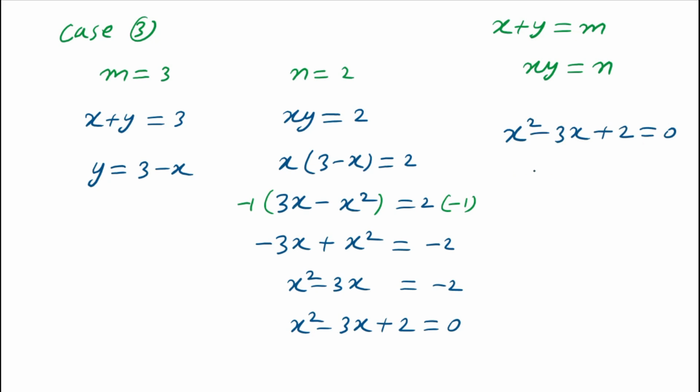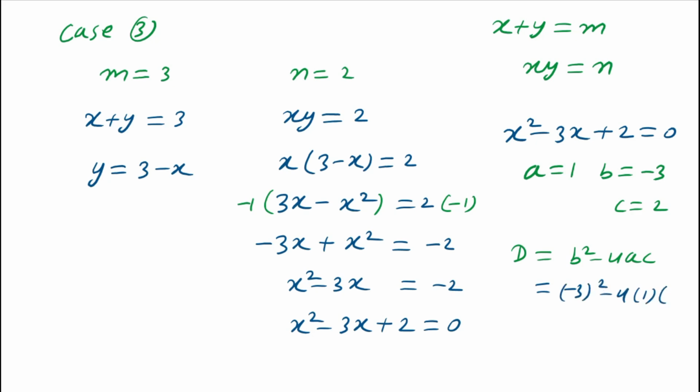Here we have again a quadratic equation, x square minus 3x plus 2, and this is equals to 0. Now first we will check discriminant of this quadratic, because here we will talk about only real solutions. Value of a is equals to 1, value of b is equals to minus 3, and value of c is equals to 2. Discriminant of this quadratic is b square minus 4ac, so minus 3 square minus 4 times 1 times 2. Then minus 3 square is 9, minus 4 times 2 is 8. This is equals to 1. Here discriminant of this quadratic is positive, so it means real roots exist.